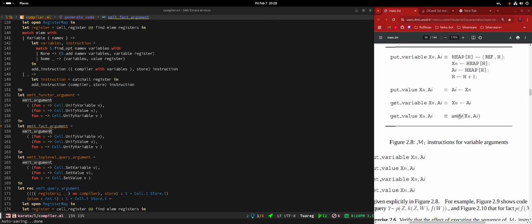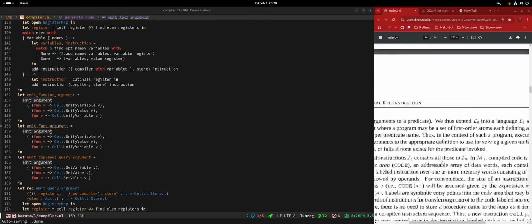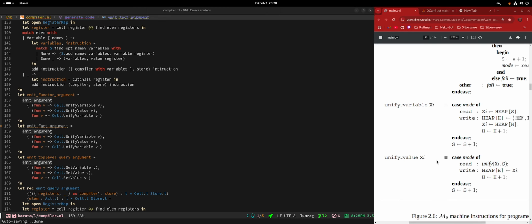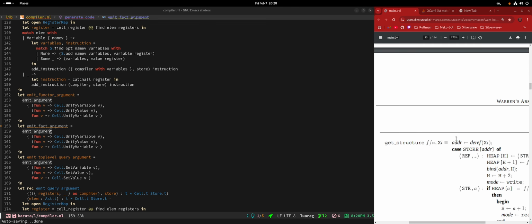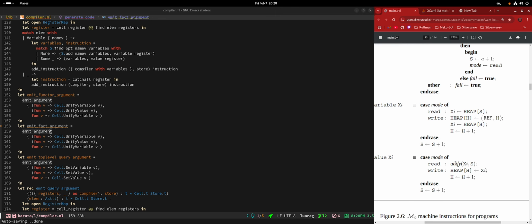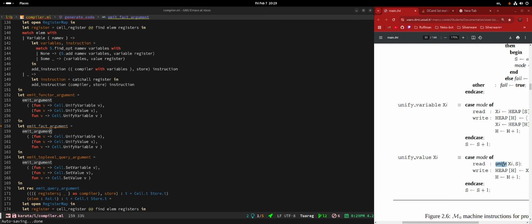This calls unify. Is this the only instruction that calls unify? I think so actually. I think this is the only instruction that calls it. No, wait. I may be mistaken. Wait a moment. Maybe there is another one. I think, oh, get structure. Here it is. Oh, but this instruction is modal though.